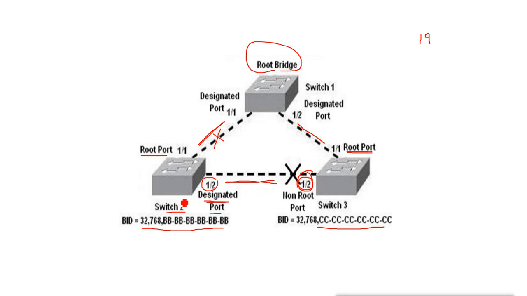So switch 2 will send the BPDU saying that I lost the connection to the root, and I want to enable this link. So switch 3 will enable this port, and then switch 2 can reach the root bridge from this side. By doing this, they avoid the loop when the port is blocked, and when the other port is disconnected, they can enable this port to connect the network. This is how simply they work.